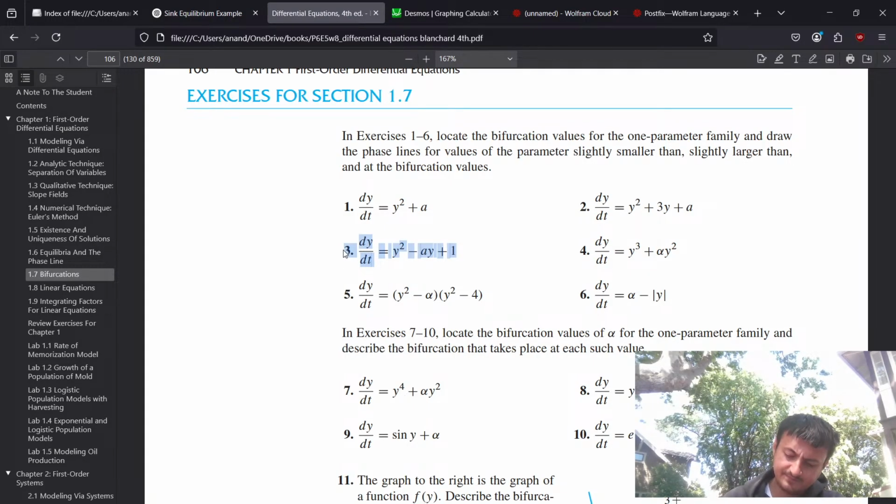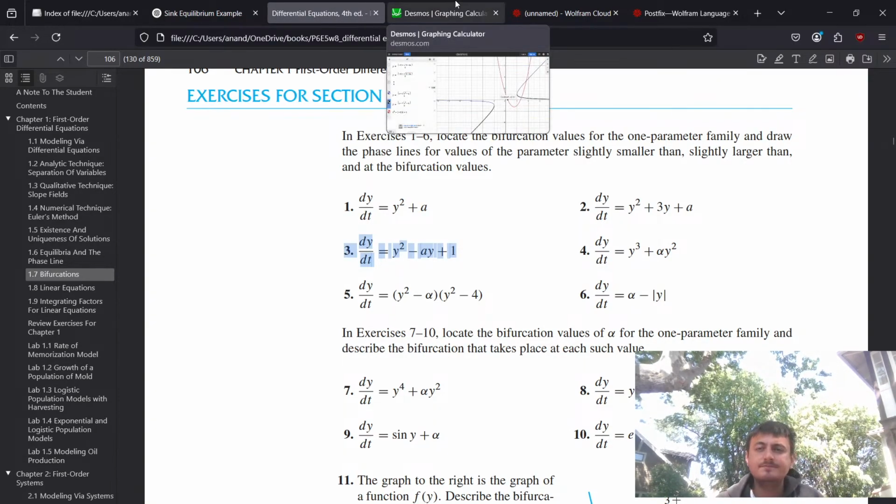Immediately I see that there's a y of multiplicity 2, and then we have a y plus a, so our zeros are going to be y equal to 0 and minus a. So I believe the bifurcation value is again,